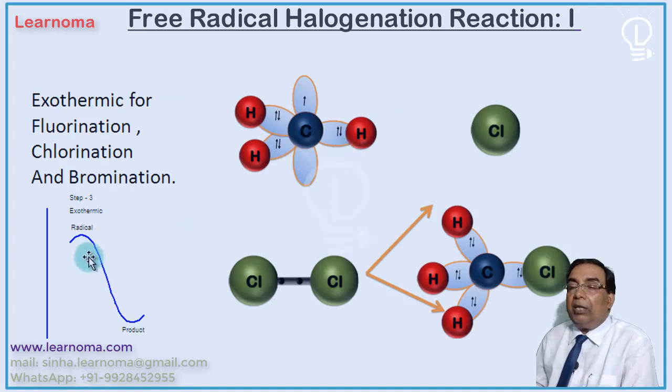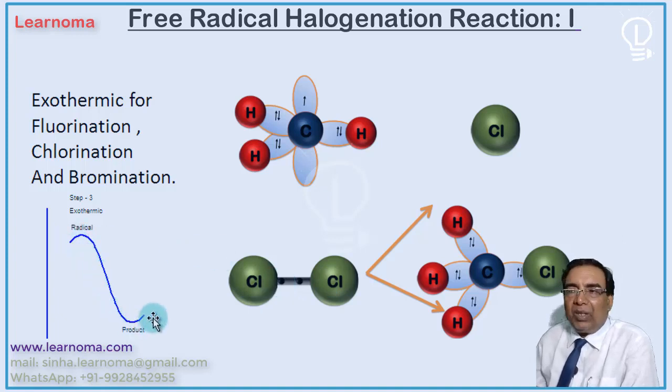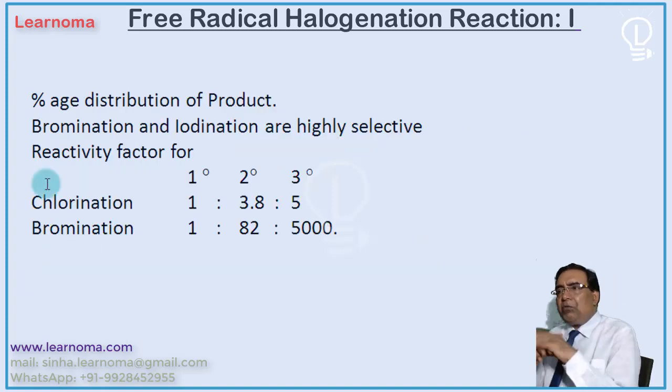now the energetics of the second step. You see, already we have seen the second step and the third step. The third step is exothermic. This methyl radical is of higher energy and it is forming methyl chloride. You are forming a carbon-chlorine bond, a stronger bond in comparison to the chlorine-chlorine bond, a weaker bond. Therefore, this is an overall exothermic reaction.